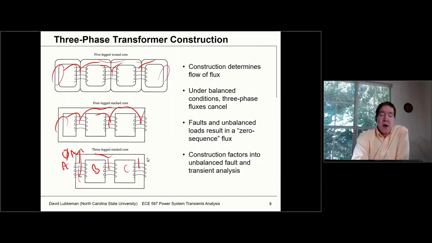And so the fault model, the zero sequence model that you would have for a three-leg core, would be different than what you would have for a four-leg core or a five-leg core. That's getting a little bit more than what we want to get into in this particular course. But if you were doing more elaborate modeling, say if you're looking at microgrids and you're worried about the impact of faults, this core model could actually make a difference. And so you would want to get into this in more detail as well. So anyway,